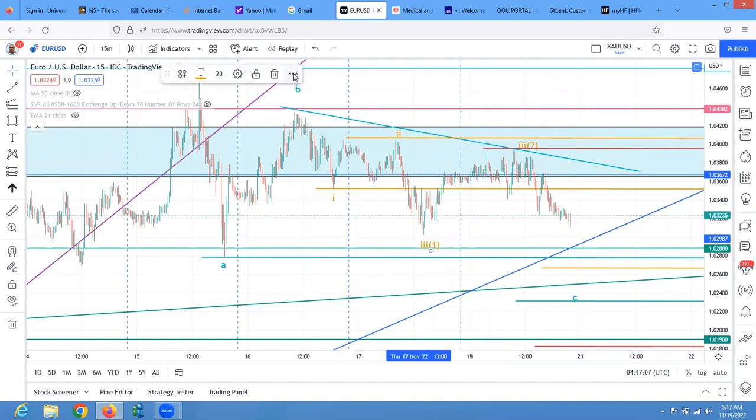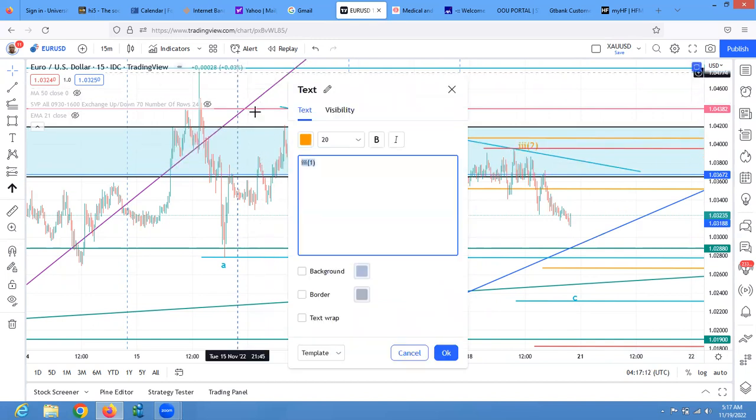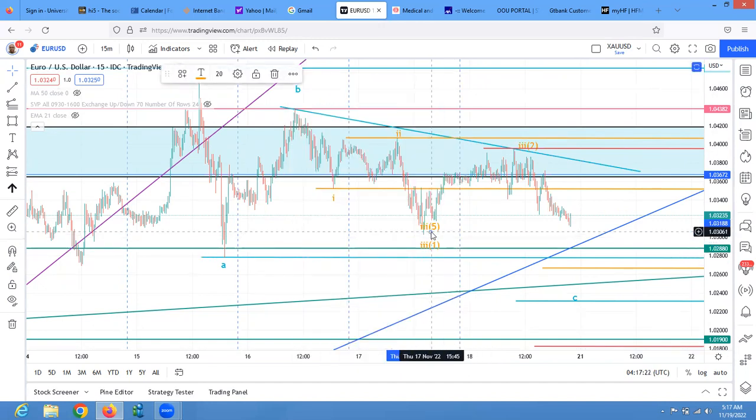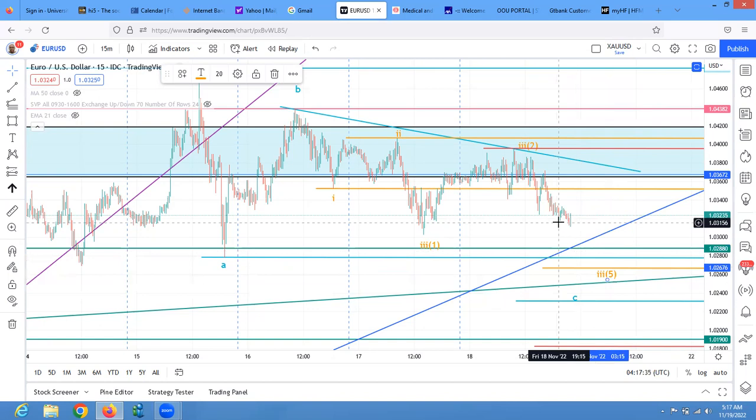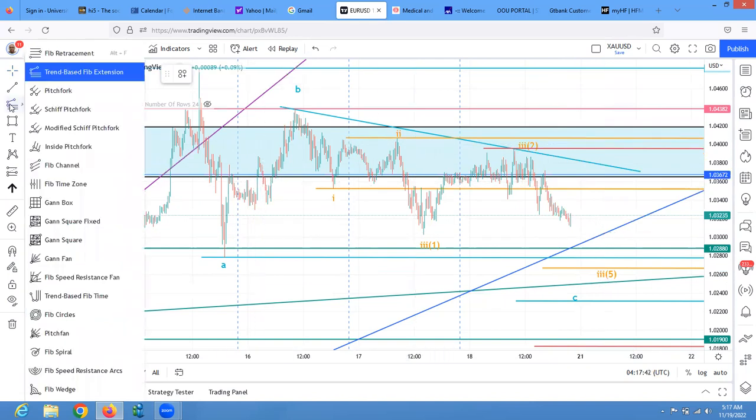So we now say that the third wave that we're expecting, that a 3 could just finish its own 3-5 around that area. Should finish a 3-5 at least around this area. And in that case, if it happens that way, we can now project that a 4 should now be between here and here. We can now project that a 4,